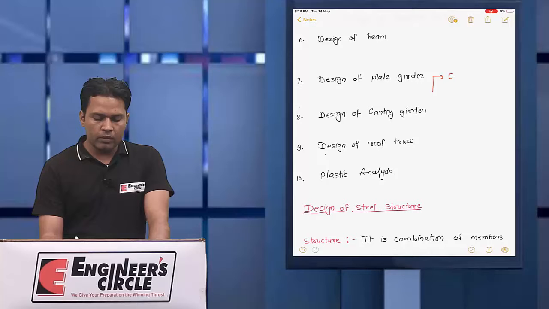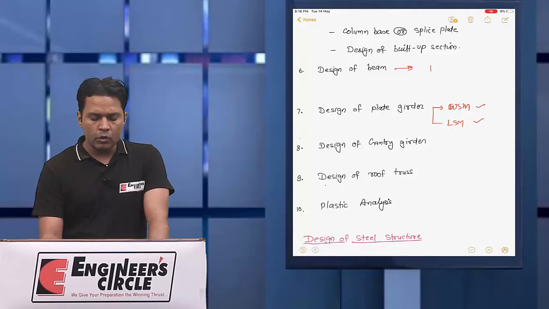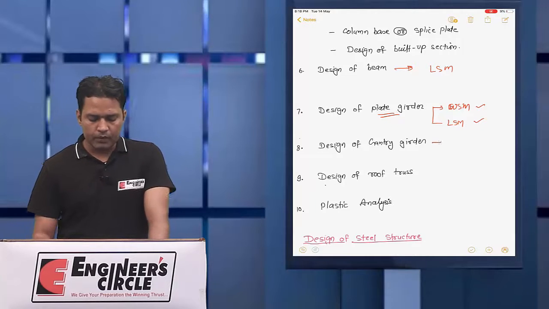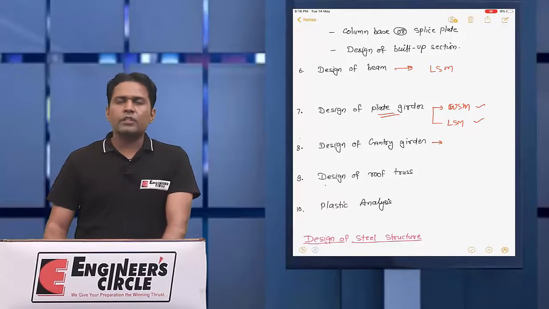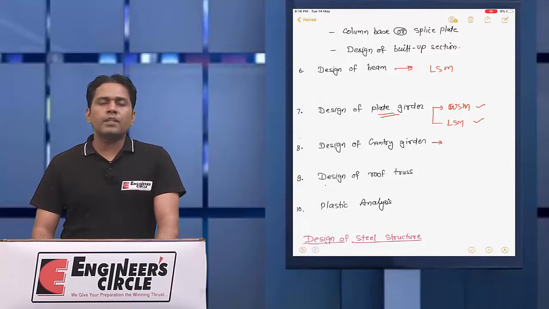This topic will be covered with WSM and LSM. Later on I will explain why it is from both methods. In the design of the beam we can mainly discuss with LSM only, but the plate girder will be discussed from both methods.